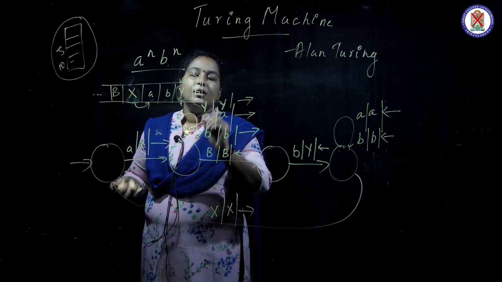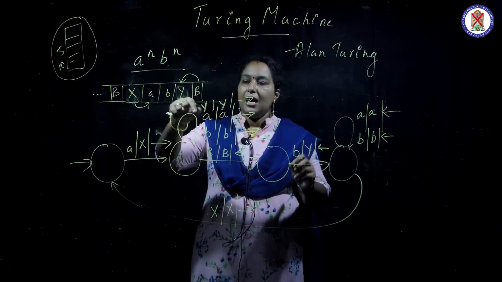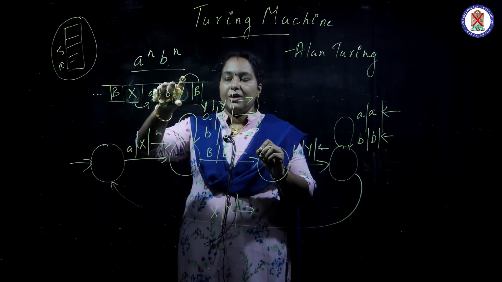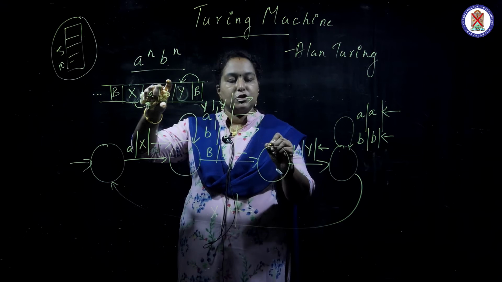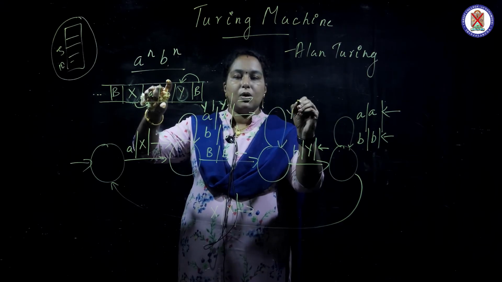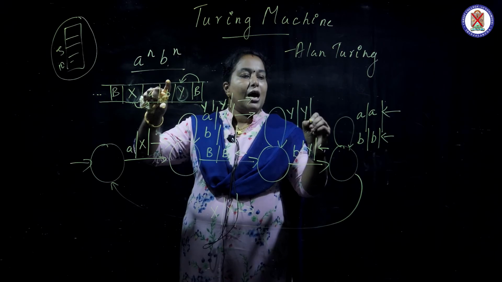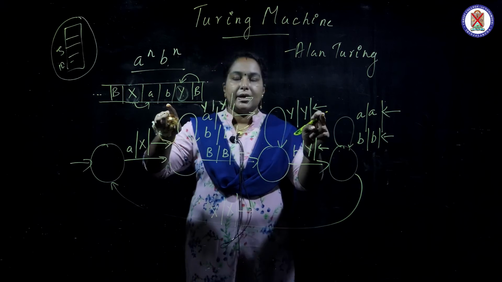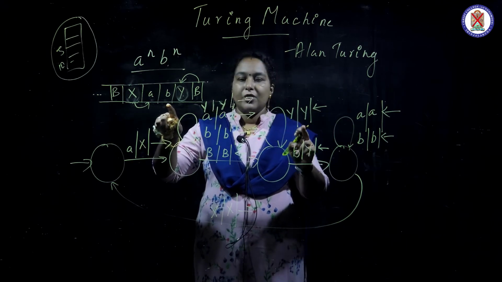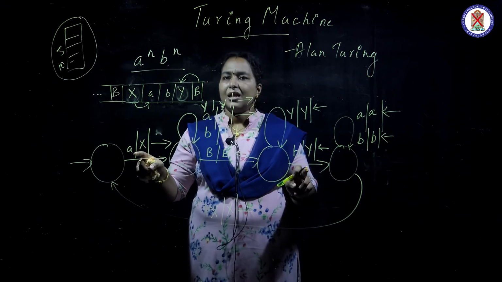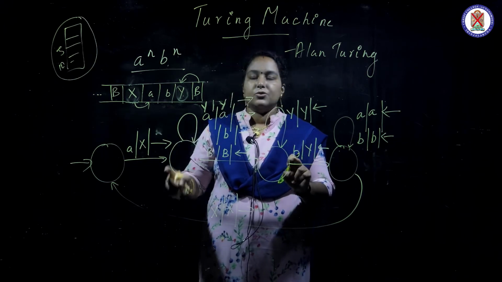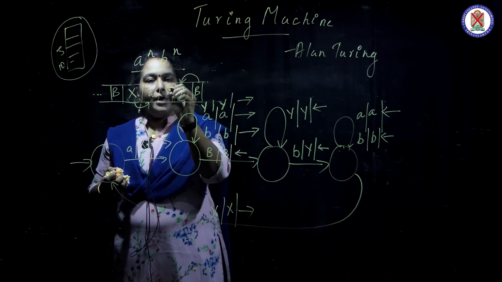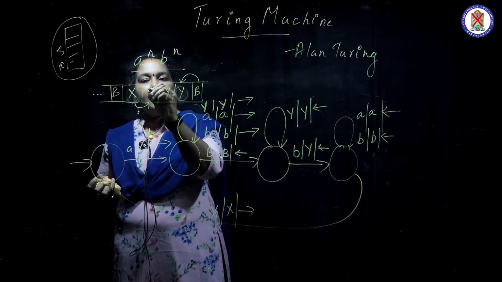Next one, look here, blank C, I move backward, and when I see the first matched Y, then only you get the current B. So those Y's must be bypassed, so when I see Y, I must move backward. Here bypassing is to move backward. After Y, when you see the first B, that is matched with the A, I make it as Y, and this matched X I make it as X.